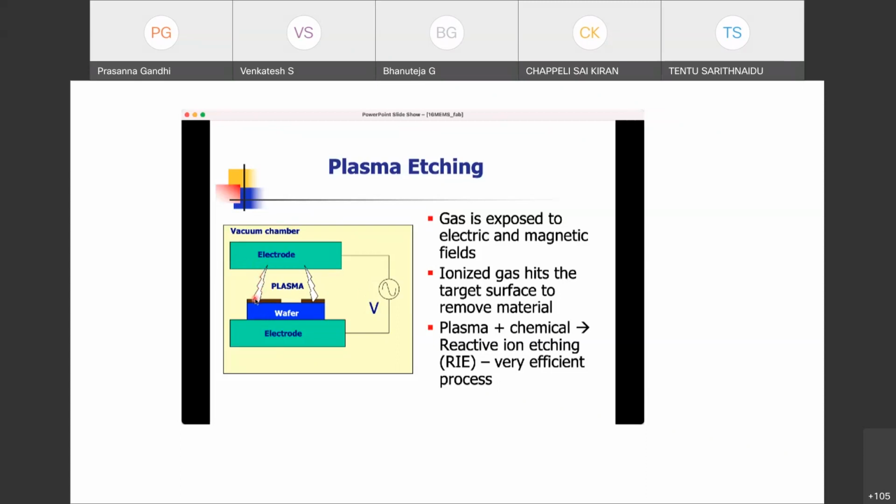And during that motion they start ionizing more gas, and a stable plasma is produced in the process. Since these are directed in one particular motion, and since it's an AC field, this is an oscillatory motion that will happen in this direction, and these ions which typically have big mass,